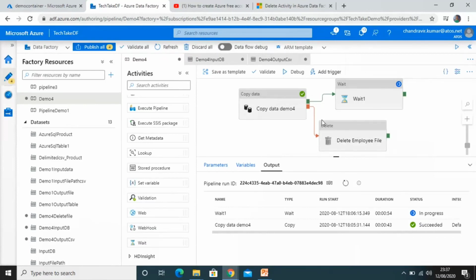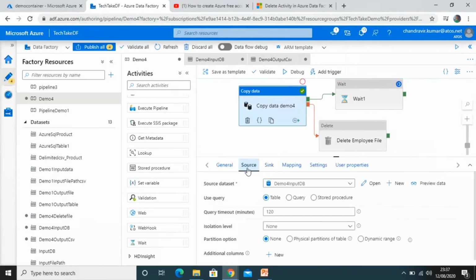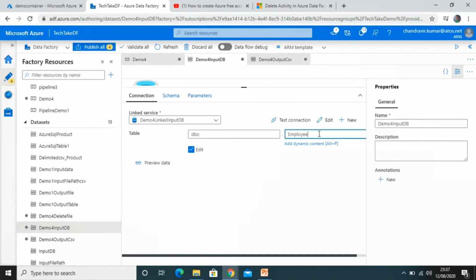Okay, now that the copy data activity is cancelled, we need to make some modifications. Go to source, and in source we have this input dataset. Let's select it, and we have a table. If you want to modify the table, we need to select edit, check mark it, and then we can make some modification here.